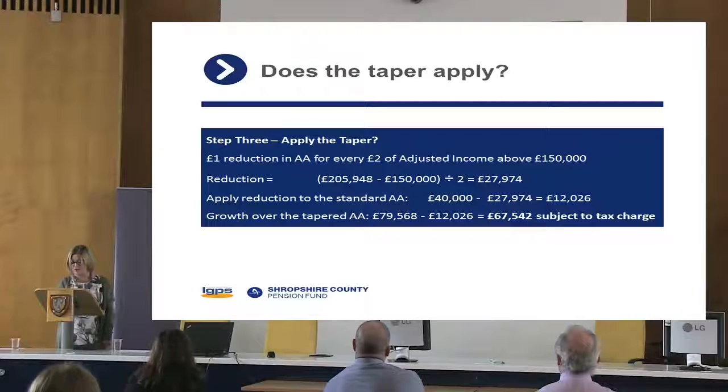And then the reduction in the allowance for this individual is £12,026. So you take off the growth from their tapered annual allowance limit, and then this person is subject to a tax charge of